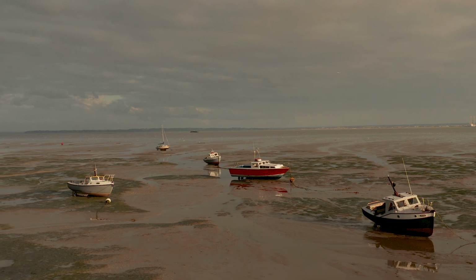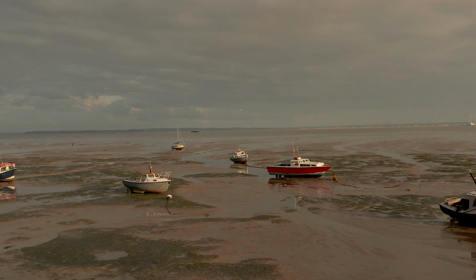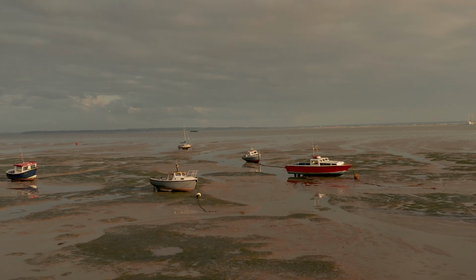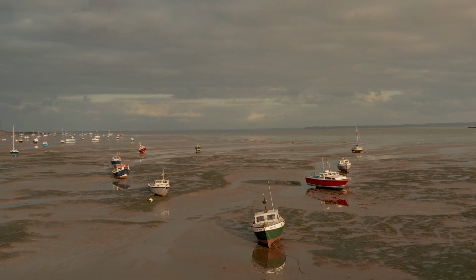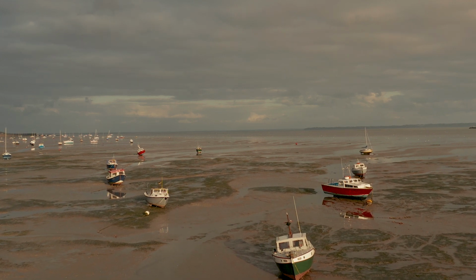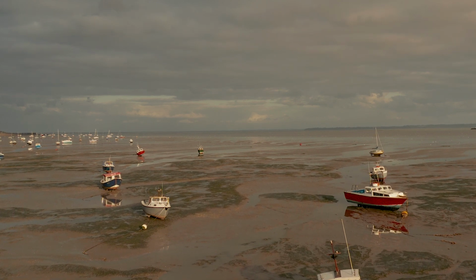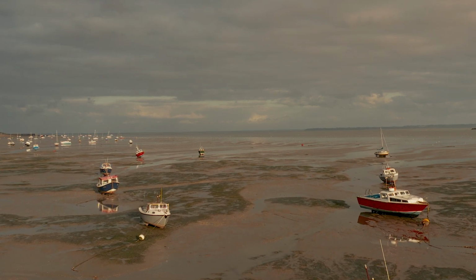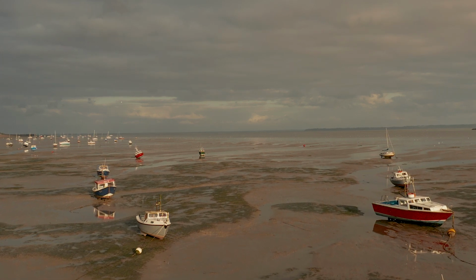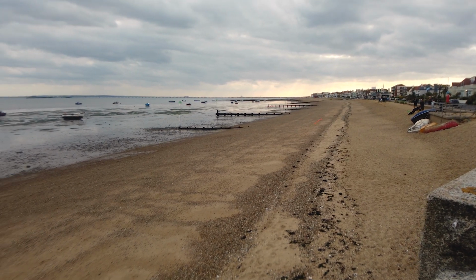So today we have decided to come down to Thorpe Bay near Southend. I'll show you why. The tide comes in 6 meters, so that when it actually goes out, it leaves all these boats completely stranded, and hopefully we're going to be tying in that with a nice sunset which is going to come from over there for some